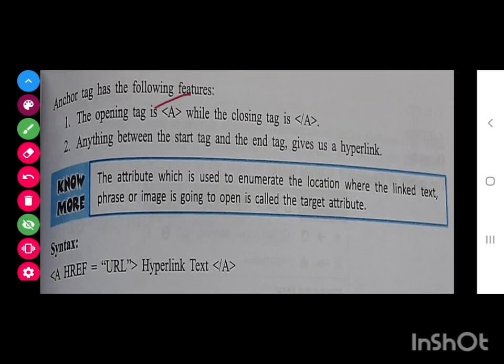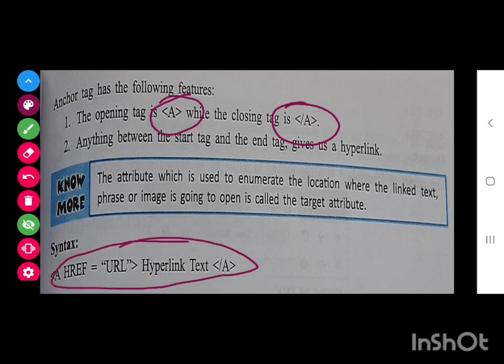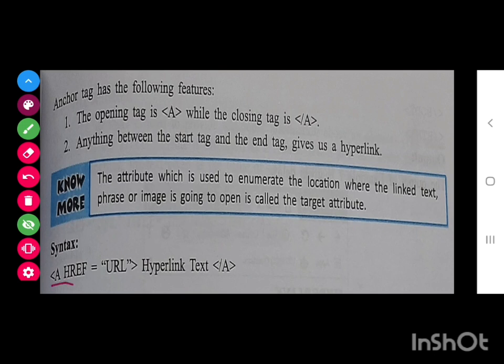Class, it needs the opening tag and the closing tag, so this is a container tag. Now this is the syntax. In this, first of all, you have to write the anchor tag, then you have to write href, then the URL, which means the address of that particular file that you want to connect.